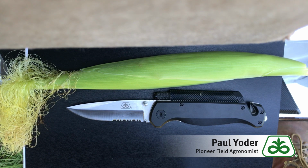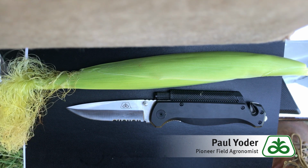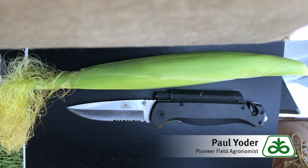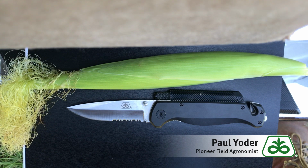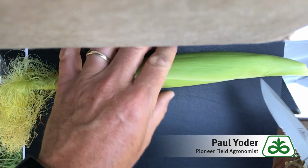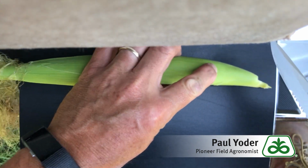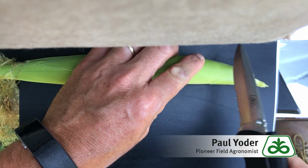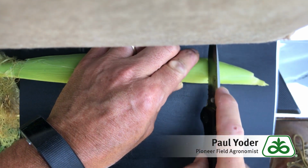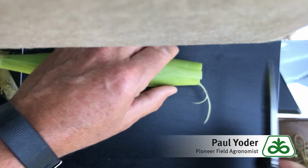In this video I want to share with you a couple of simple steps that you can take in your own cornfields in determining the success of corn pollination of your kernels. What you'll want to do is obviously pull off an ear of corn, have a sharp knife with you, and as you examine the ear, you'll want to feel the ear and see if you can find the base of it. And at that base, you'll take your knife,